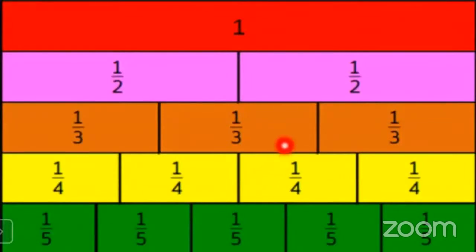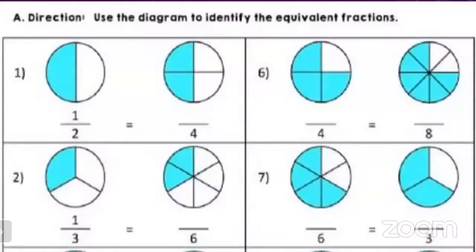What we are going to understand here is, if we cut the first strip into 5 parts, does its length change? No. When you join it again, the length will remain the same. Similarly, if you cut it into 2 parts and join it again, its length will remain the same. What does it mean? Its value is the same. All the fractions have the same value. That is why it is called the equivalent fraction.